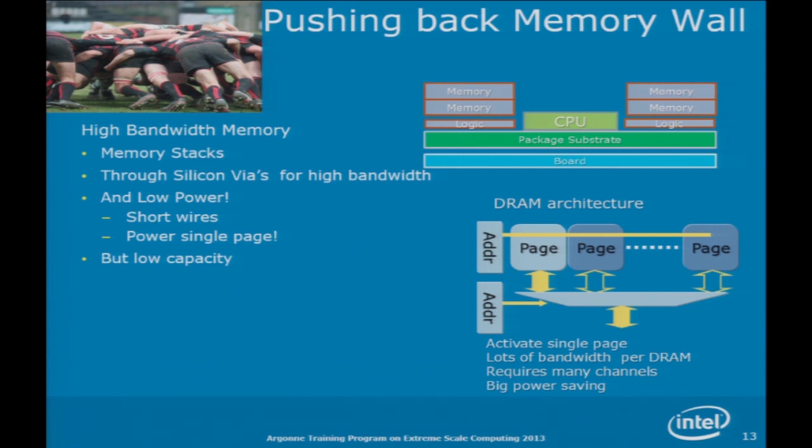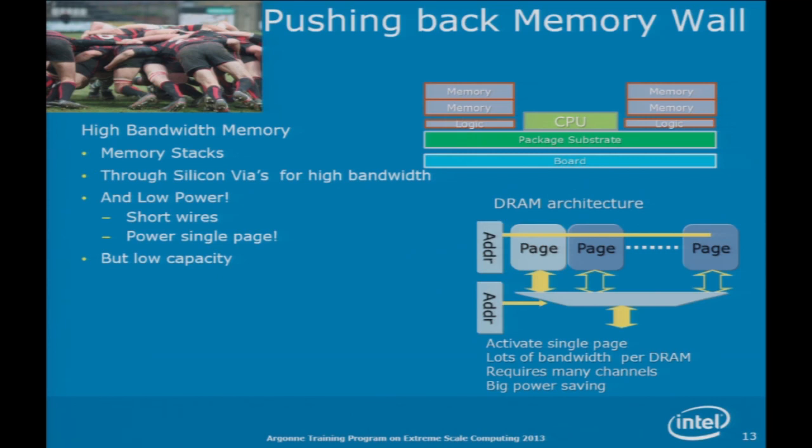So if you look at this picture to the right, you imagine a multi-chip package with the green package substrate. You have the CPU chip lying there in the middle, and on each side you have a stack with a little logic chip and memory stacked on top. And then through silicon vias means that you actually drill holes through the chips. You fill it with some conductive material, and you communicate. You actually get thousands of connections between these chips, and you get very short wires.